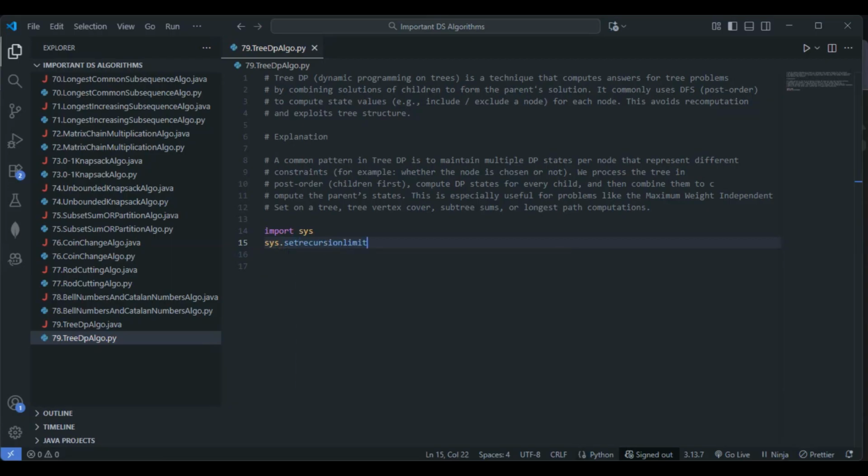Let's go with the set recursion limit here. Let me make use of 10 to the power of 6. Let me make use of the exponentiation operator here, 10 to the power of 6. Fine. Now, what we will be doing here, just remember this, whatever I say, each node has a value, weight,